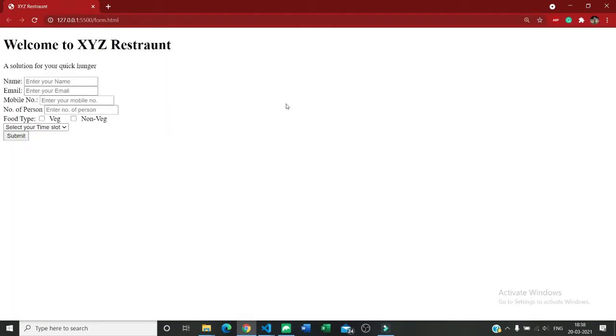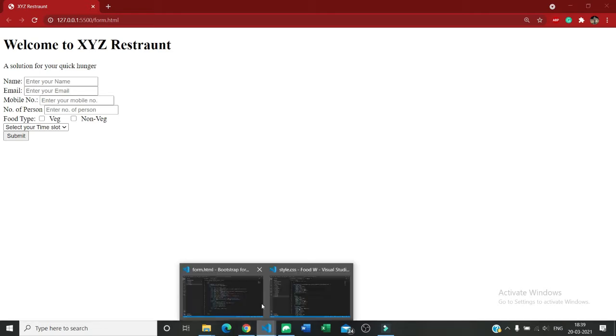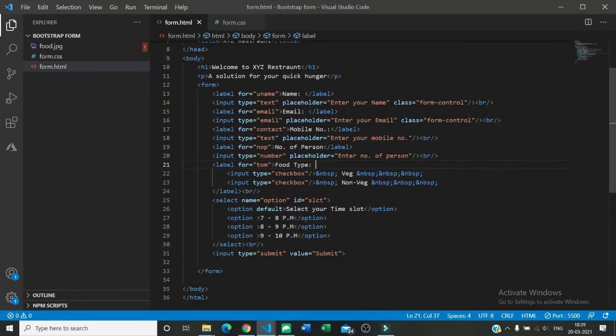You can see your website looks something like this, and it's not a very good user experience in my feeling. So the form is ready, but the form is not looking very good. Also you are not using Bootstrap classes, although you have used some classes like form-control, and I am going to copy it, but you always need to install Bootstrap into your code. For that there is a CDN link of Bootstrap, you can find it very easily on Google.